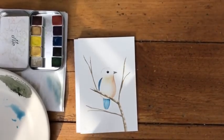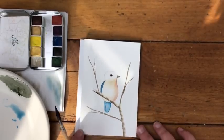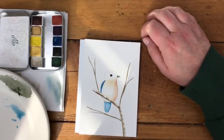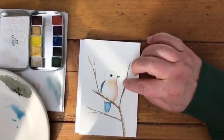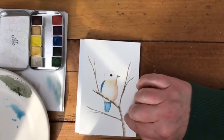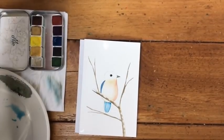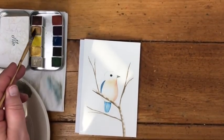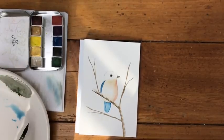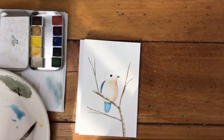And we're going to go to the head. So I think, you know what, actually, I'm not quite sure that this beak is dry and that the eye is completely dry yet. And I have made that mistake in the past. You think it would be dry, but it isn't always dry. So we're going to go ahead and put the second color on our tree branch. So I'm just going to pick up the ochre léger, which would be yellow ochre. Put it on my palette so it's not full strength, so I mix it with a little bit of water